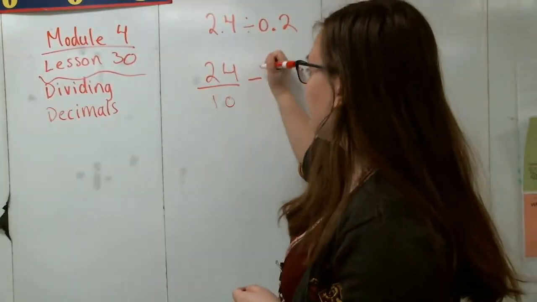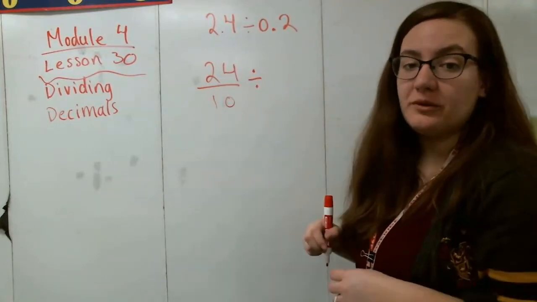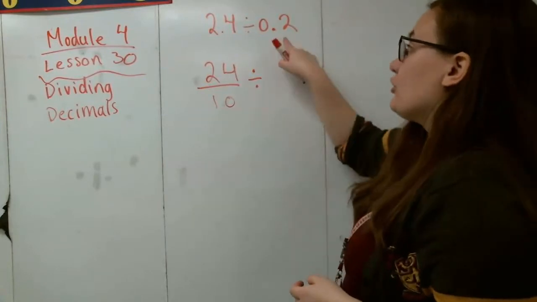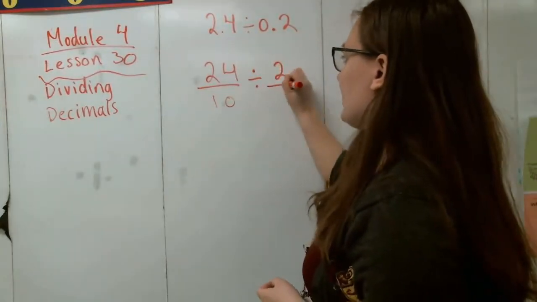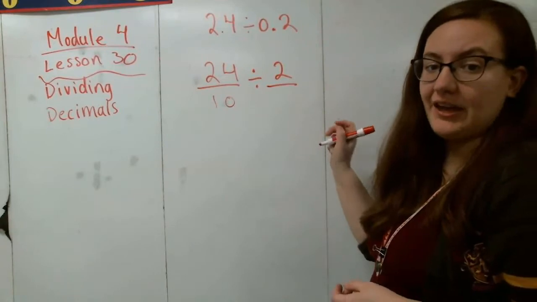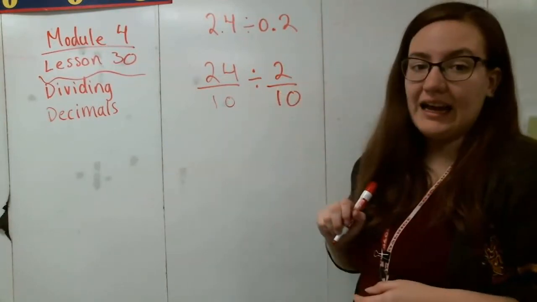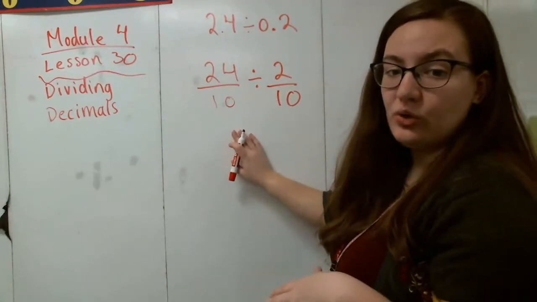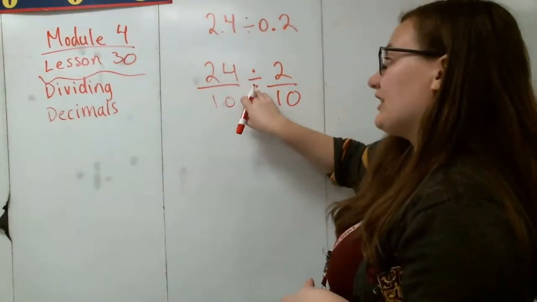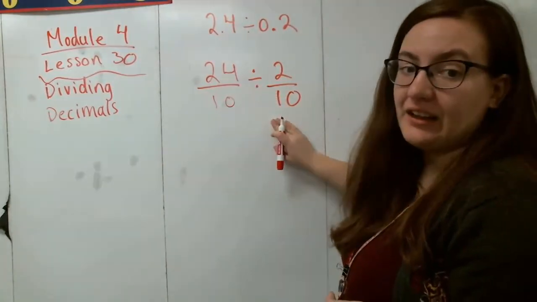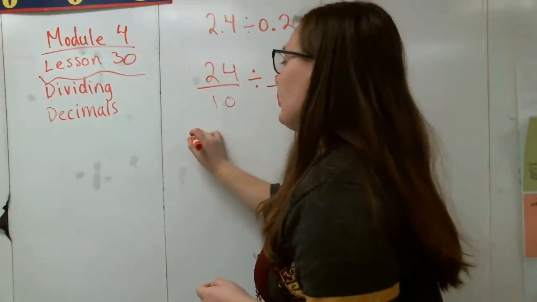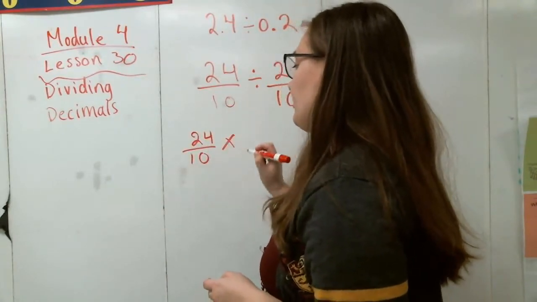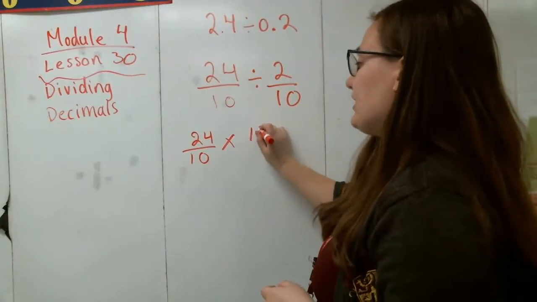Then remember, we're still dividing. I don't want to change this to a multiplication symbol just yet. And then after that, I have 2 tenths. So this 2 is going to be my numerator, and since my last place value is the tenths, then I'll write that number just like this. And then we can do changing this into a multiplication symbol and getting the reciprocal of 2 tenths. So we'll keep 24 tenths, change our division symbol to a multiplication symbol, and then 2 tenths will flip over